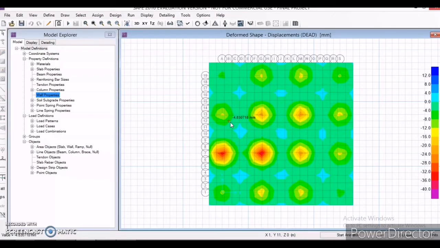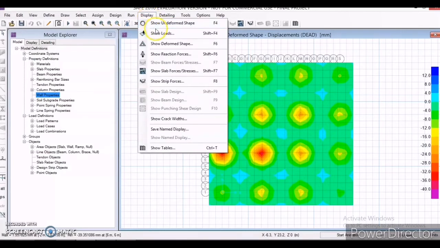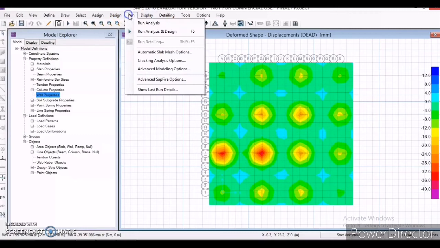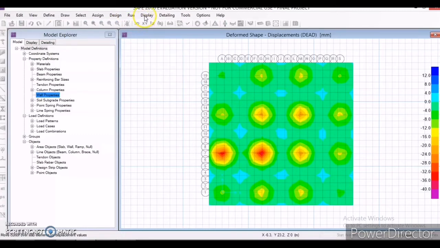You can see the displacement values of the different slab regions are displayed here. Now the different displacements are being displayed here. So after this, what we need to do is we need to check our punching values, and even you can check the displacement values at each and every place. And now go to display menu, and yeah, you need to run an analysis and design, and now go to display,